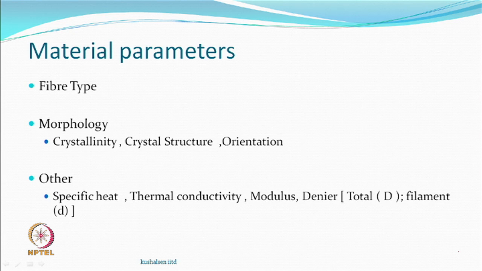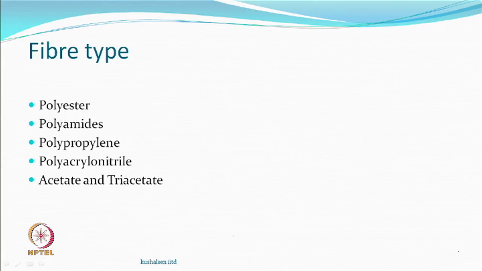So, total denier is a 300 denier material that you are texturing or 80 denier material you are texturing. Does it have 36 filaments or got 15 filaments? So, all that is part of a material. Some of it you may have control. Oh, I will not texturize 35 filament yarn, but your client says you have to. So, only thing you have to understand whether it will have some impact, and based on that you may change something, all right. So, polyester, polyamides, polypropylene, polyacrylonitrile, acetate, triacetate,